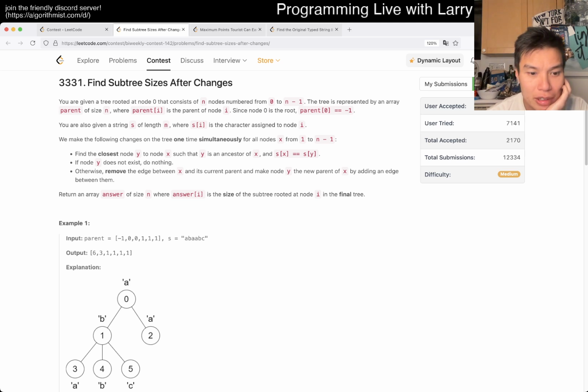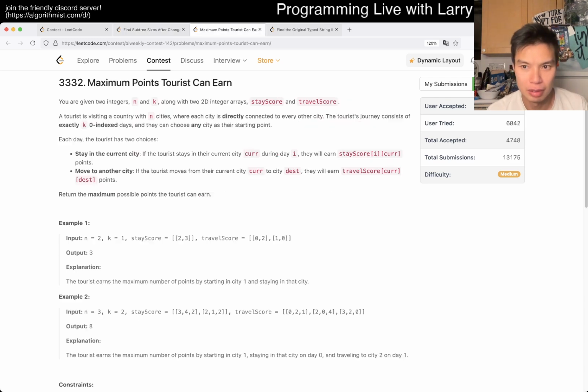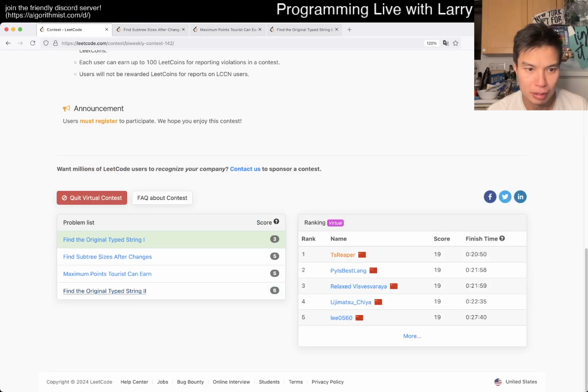Tree. It's a non-binary tree. It's a functional graph tree. S sub i. Man, this is a lot of reading. Maybe I am not ready for this. Alright, find the closest.